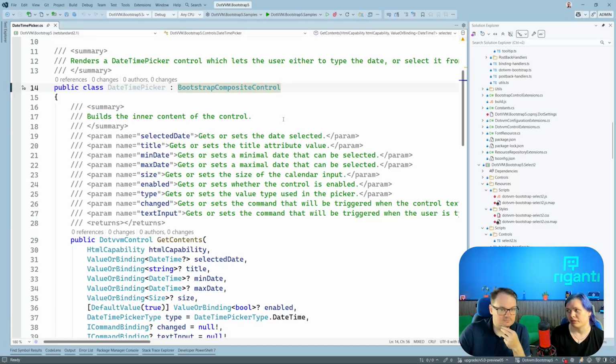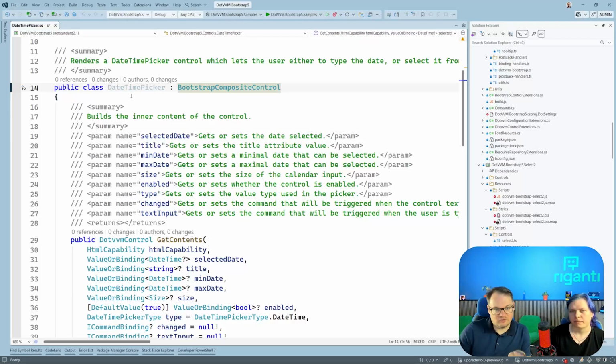We'll take a look at Bootstrap 4 later, so we'll show you an example of how complex these controls can get. If you want to do it properly, it's really complex. We didn't even try to do it properly. We tried to have some minimal subset of things that we think could be important, and even that was